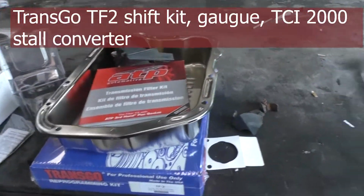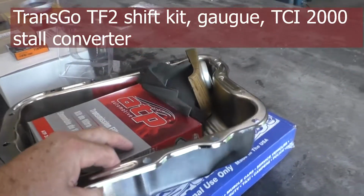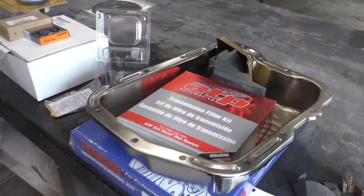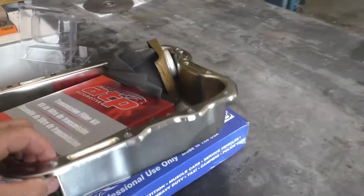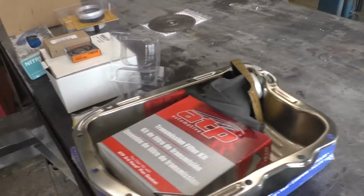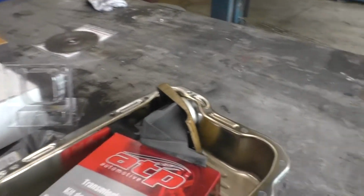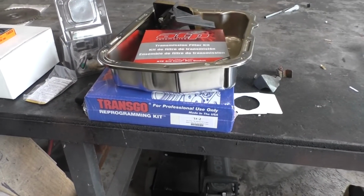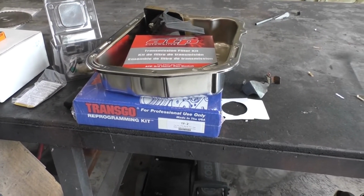Okay, I've got a deep steel pan. I just couldn't justify the expense of an aluminum pan, $200 versus $50 for this one. I did get a filter extension kit to go with it, and I got the TF2 shift improver kit from